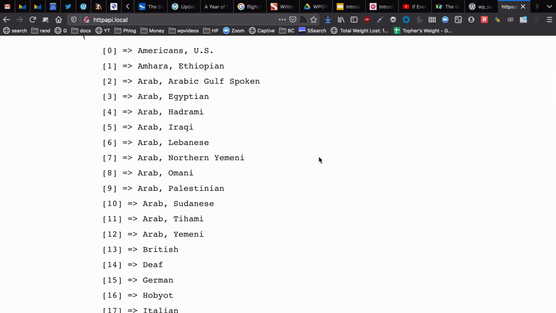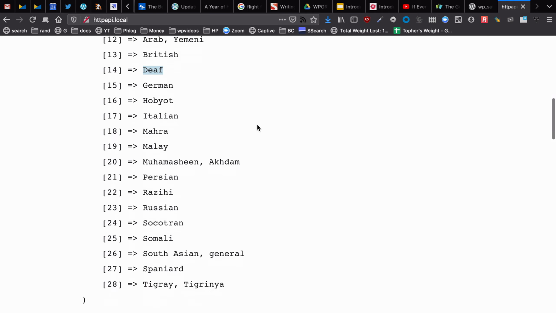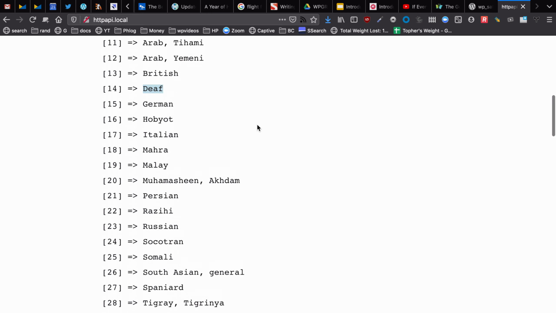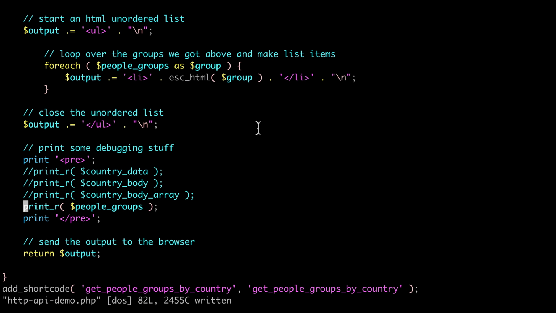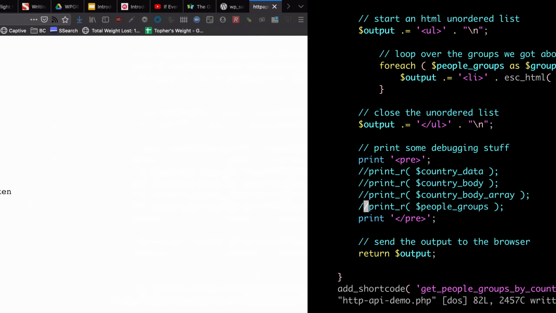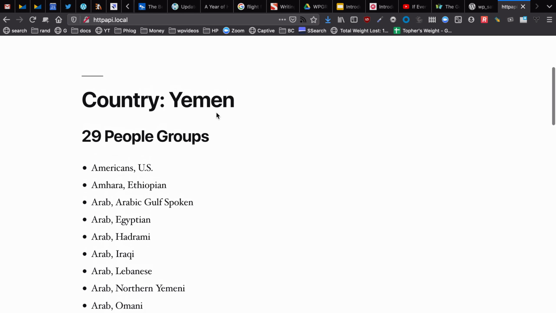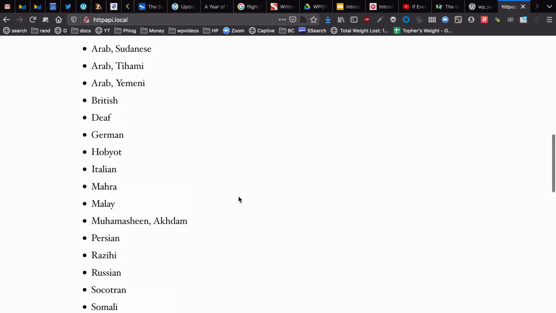And that's what I got. Interestingly, Deaf is a people group. So there are 28 people groups in Yemen. So then I turn off all my reporting, and that is my output. Remember, I printed country Yemen and number of people groups, and here they are ordered alphabetically.